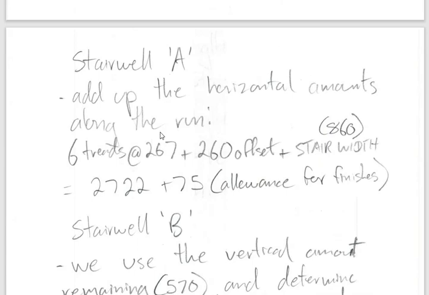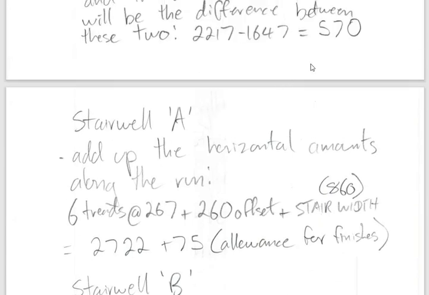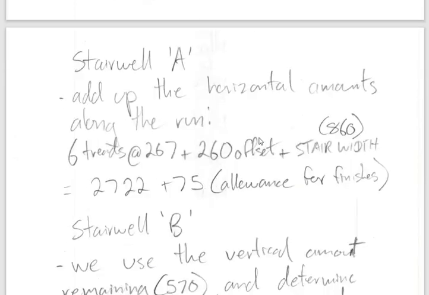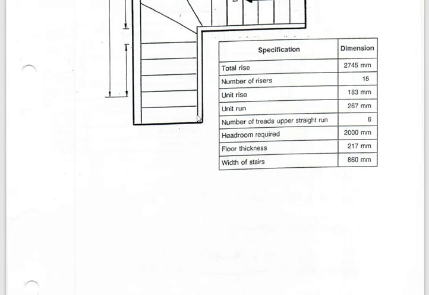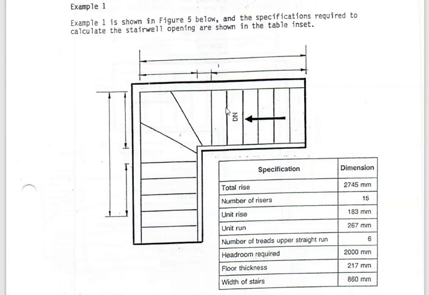So we'll get to that. We'll use that information when we calculate stairwell B. So to calculate stairwell A, all we're going to do is add up the horizontal amounts along the run. Let's just take a look at the visual again. So it's this distance here,